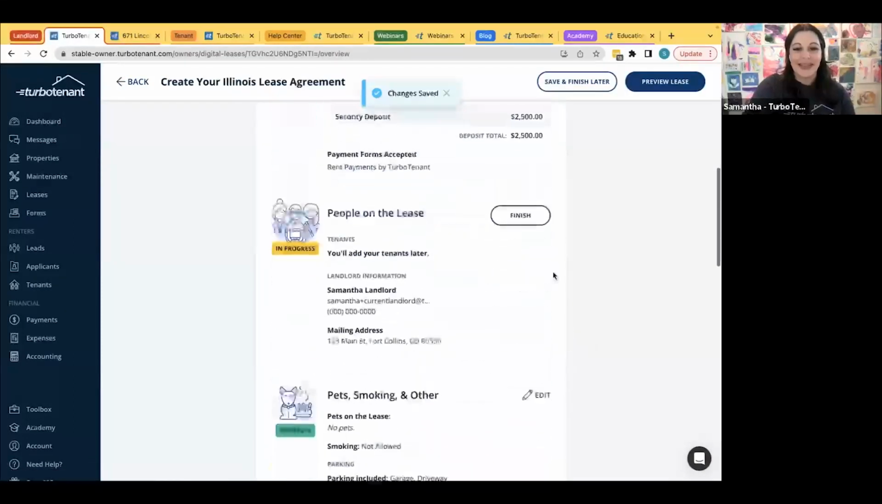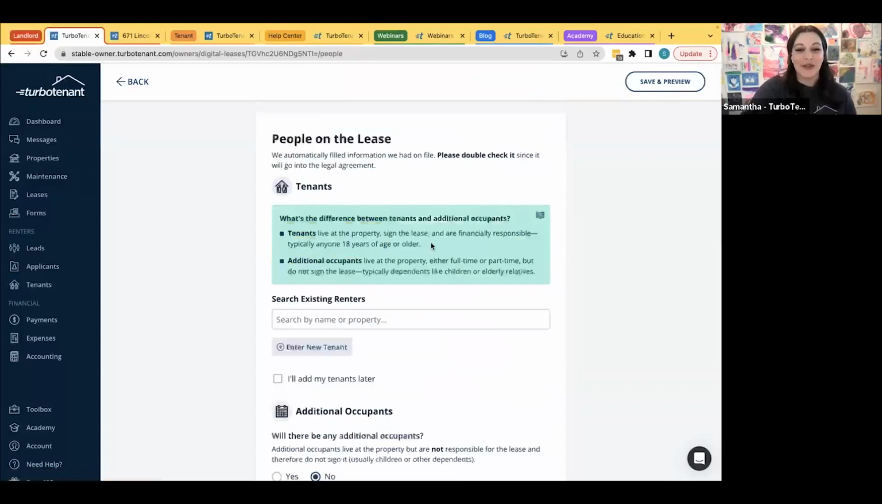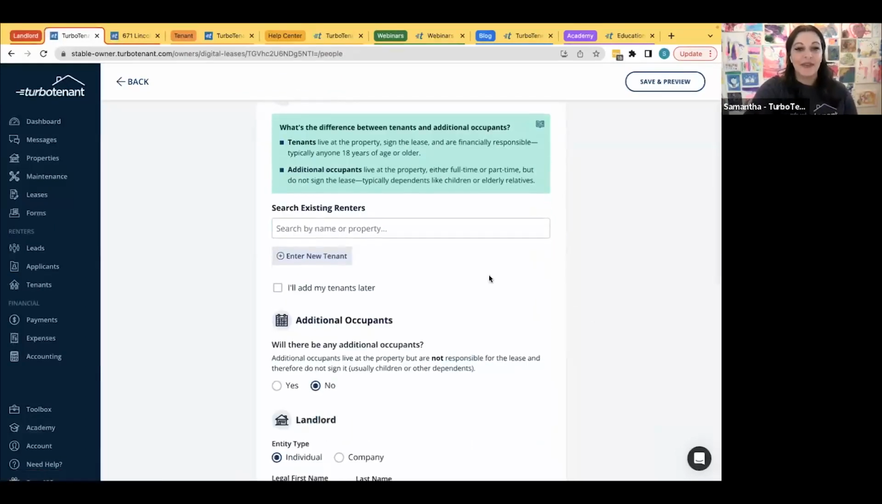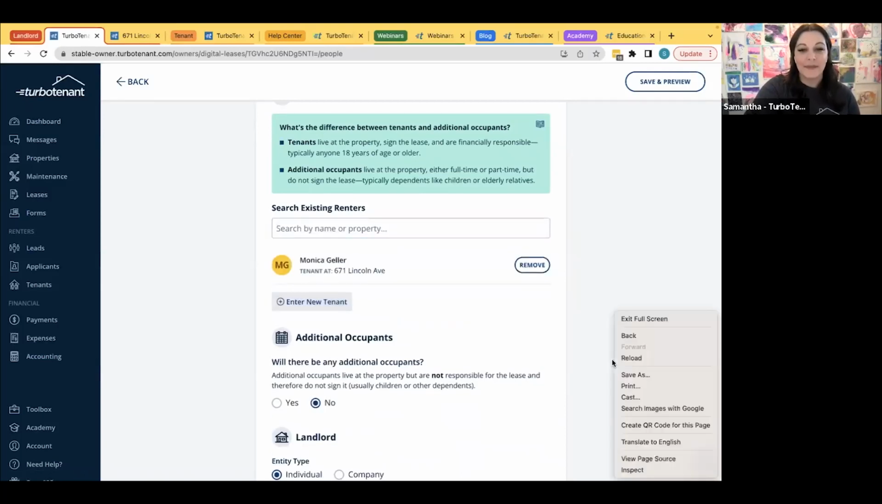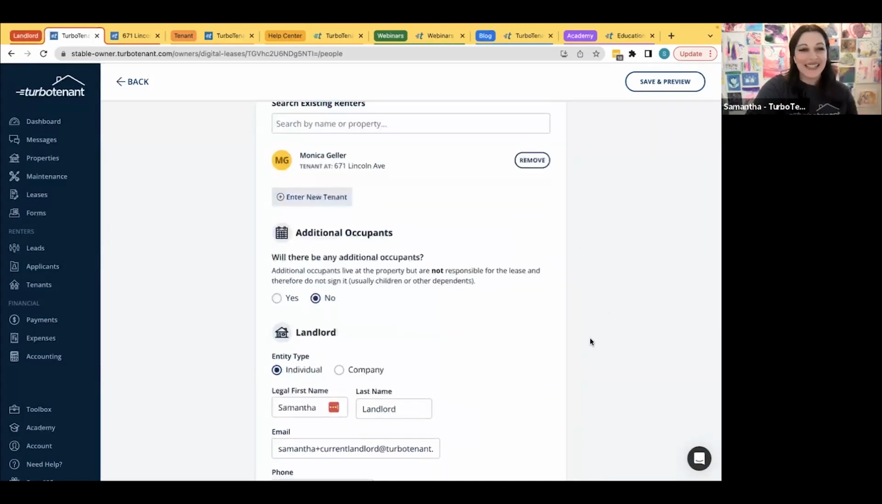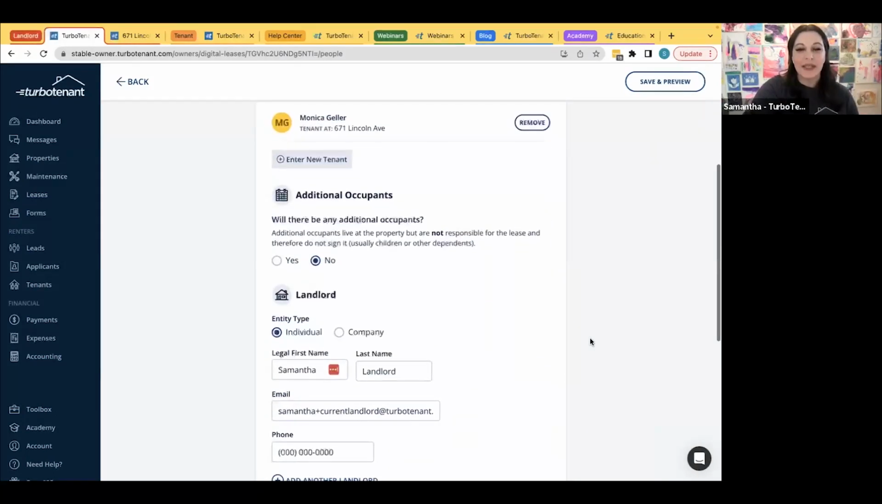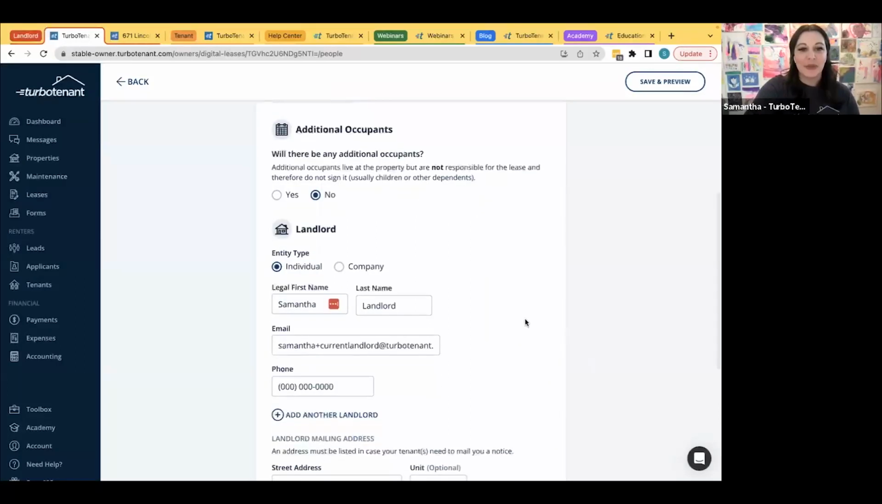All right, scrolling down, we've got people on the lease. And when I was working on this lease agreement, I didn't yet have my tenant selected, which is why it says you'll add tenants later. If I click in here, it's going to pull up the existing or suggested renters that I have. So let's go ahead and add Monica. We know there are 2 other renters that are likely applying as well, and we can easily add them on to the lease agreement and resend it for signatures, but I just want to make sure that they get a